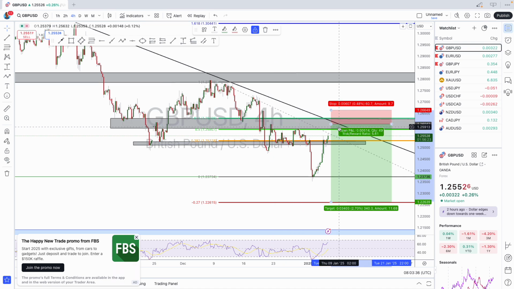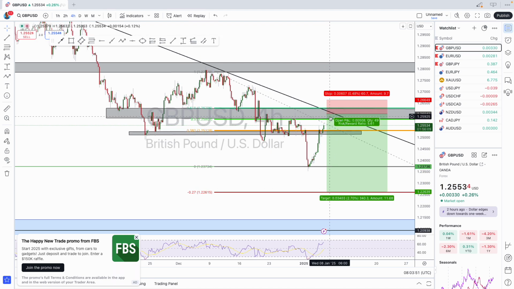I already have my levels here. This is my entry. This is my SL, well above the confluence region. And then we are gunning for a total of 340 to 350 pips, right? In between here, there will be retracement, and I'll come in still to let you know how I'm taking advantage of the retracement. But for a first time trade, this is what I'm working with, right?